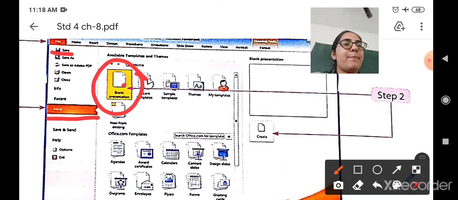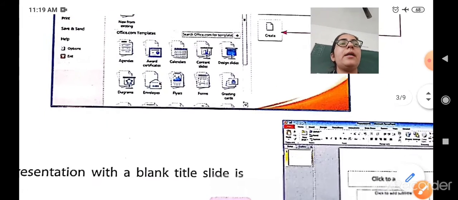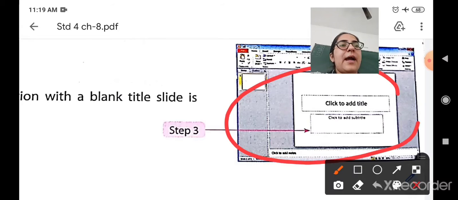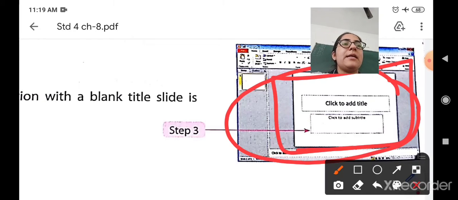Double click on it, or select it and click on the Create button, and you will see that your blank title slide appears here. Your blank presentation will be created.